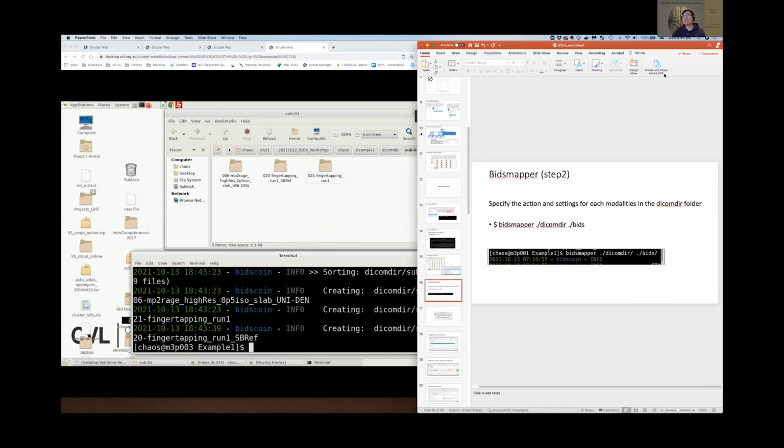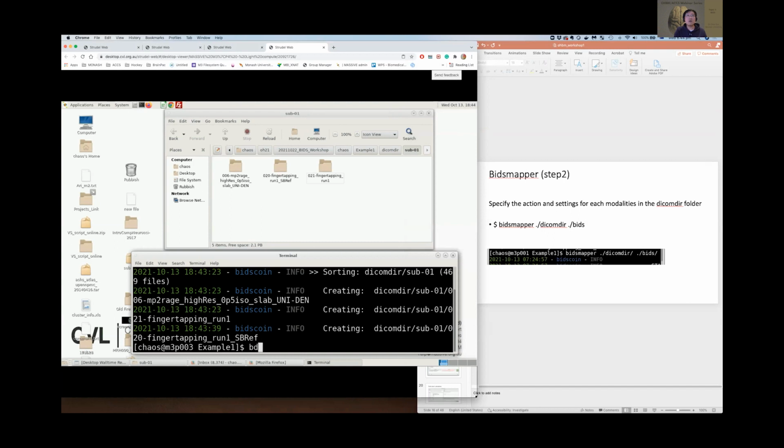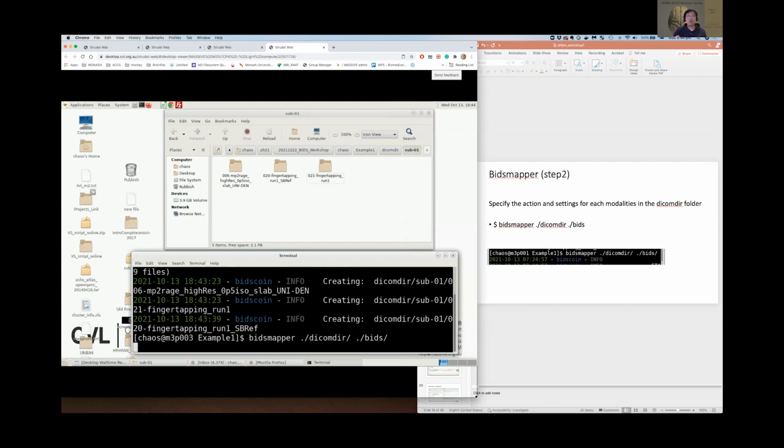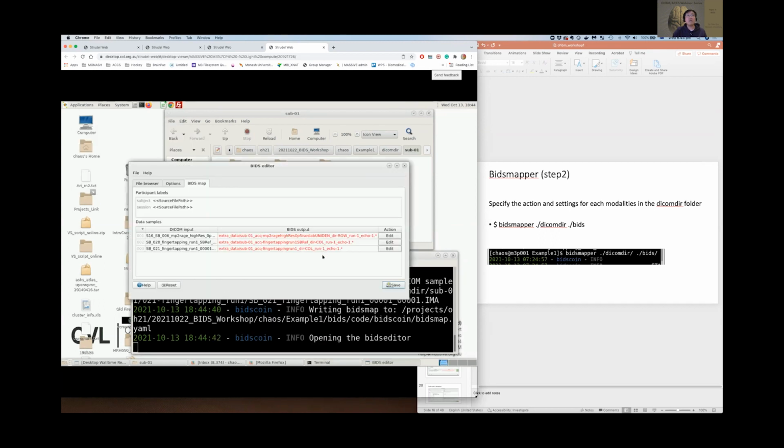The next one, step 2, is simply called the BIDS mapper. I like it pretty much because it brings a GUI, rather than us just working on the terminal or code. So this will give you a little bit of relaxation. Just type in this command, BIDS mapper, as this is the name. It's just mapping all of the DICOM to the BIDS format, and then telling it exactly the actions and the settings we need. Okay, so I press that, and it will load a little GUI here. So you have all of the information you need in the GUI.